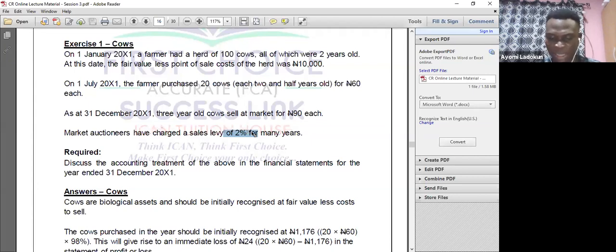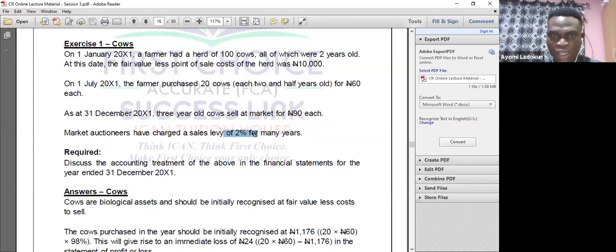So let me check that. 10,800 multiplied by 0.2 gives you 2160. But I can do my 98% straight off. So my value at the end of the year was supposed to be